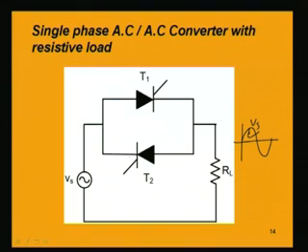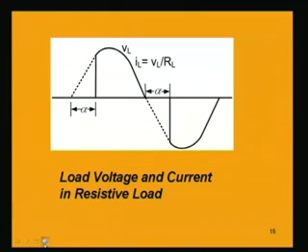So, T1 and T2 must be identical, and what will happen in the positive half cycle? Say at an angle of alpha, the thyristor T1 will be turned on, and when it turns on, the voltage across it will be 0. Now, what will be the voltage across this RL? Till the firing of T1 happens, the voltage will be 0,